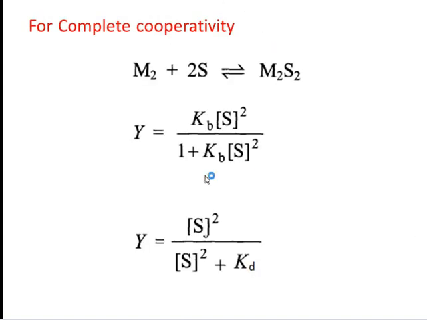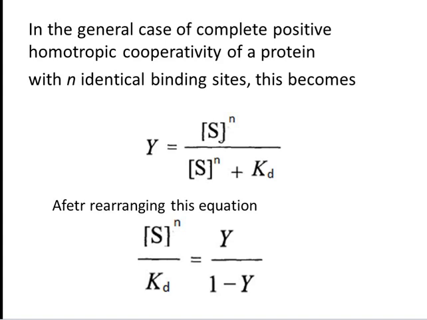By dividing denominator and numerator of this equation by Kb, this equation will become concentration of S square divided by concentration of S square plus 1 by Kb. But we know 1 by Kb is nothing but Kd. Therefore, the equation will become Y is equal to concentration of S square divided by concentration of S square plus Kd. In the general case of complete positive homotropic cooperativity of a protein with n identical binding sites, this becomes